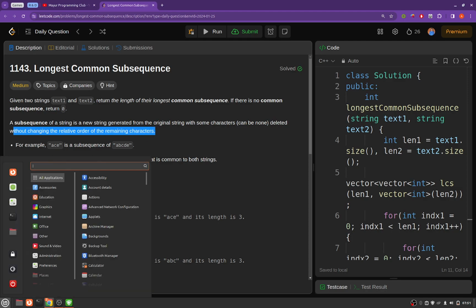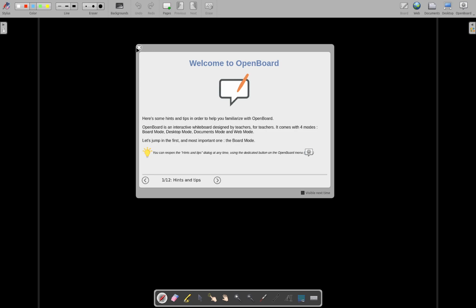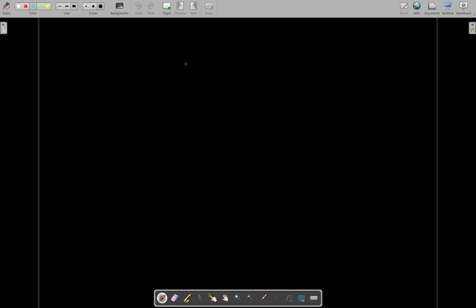What the problem statement means by this is, let's say a string ABCD is given to you. Now let's say we decide to delete C only, then the remaining string will be